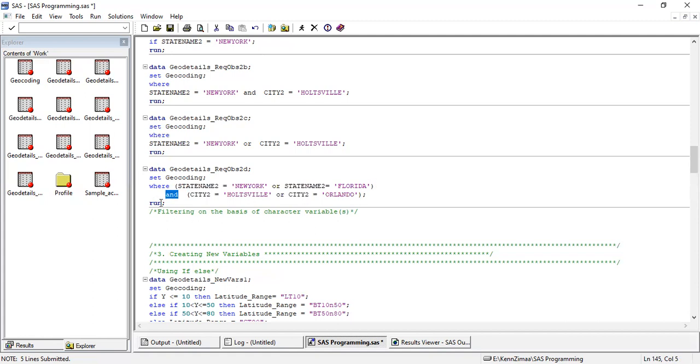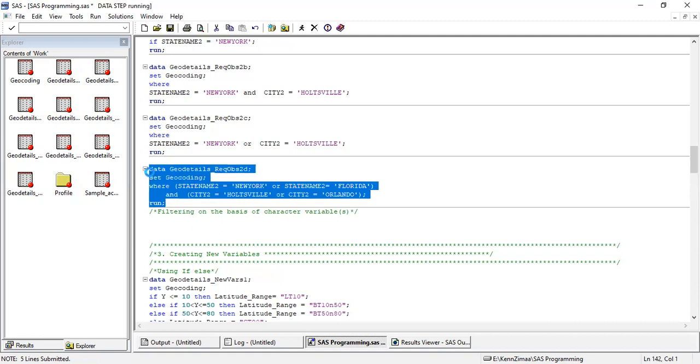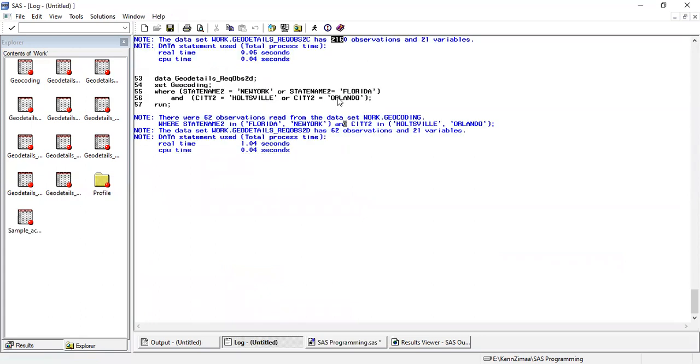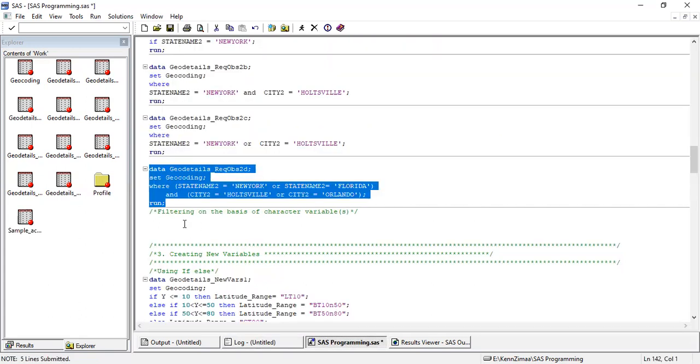Okay. If I run this, I have 62 observations. So this is a small data set. Let's open and see it. This is geodetails underscore REQ ops 2D.